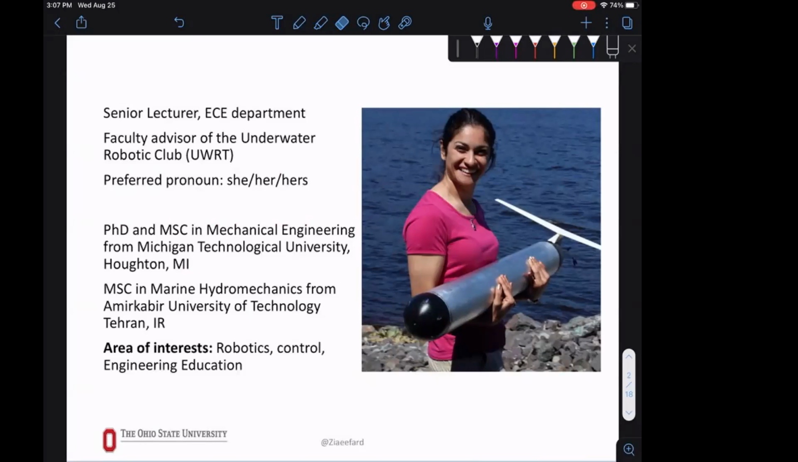Moved to Columbus because my husband found a job. Then here, there's this great Ohio State, just found this job and I stayed. So just quickly about me, if you have any interest in robotic control, even engineering education, you can come to me, we can do research on the side. Parth here is the president of the underwater robotic team, which I'm the advisor of. So if you want to, especially if you are a grad student,